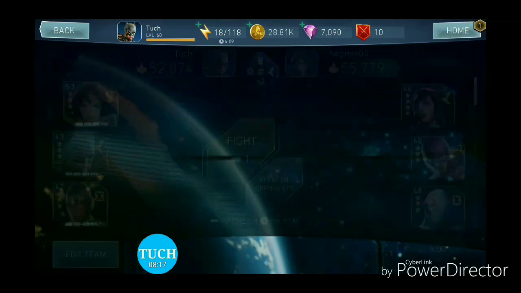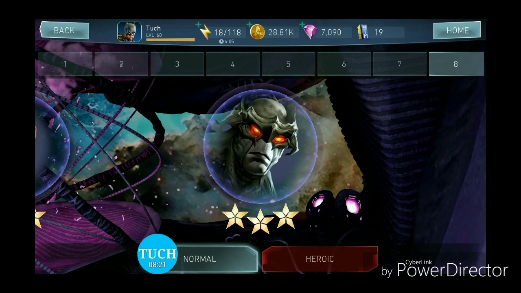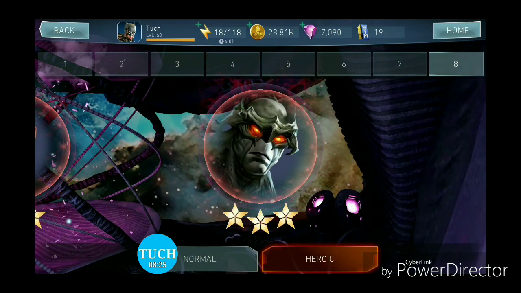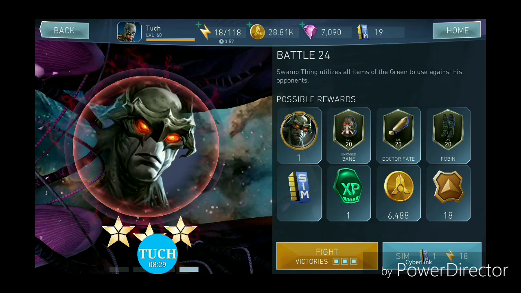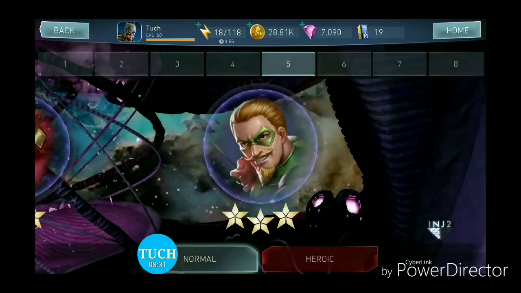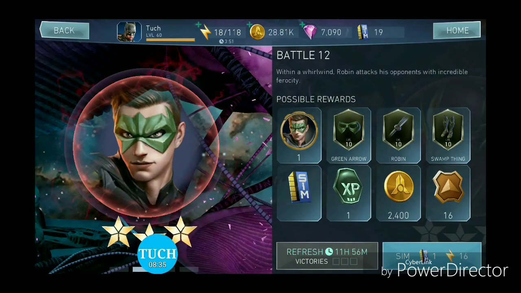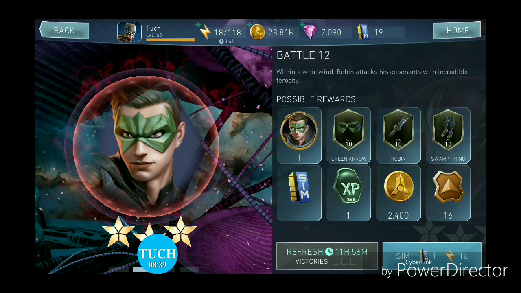Now, this button would probably be more useful and make a lot more sense for campaign missions. So I think they should definitely consider it for campaign missions, because you're fighting the same team every time, and that way it would save some time if you don't want to sim the battles. Like, I know for me, I go to this 5th world over here, I do the Robin ones, and I have to refresh them, and I don't like simming them because I can beat them very easily,